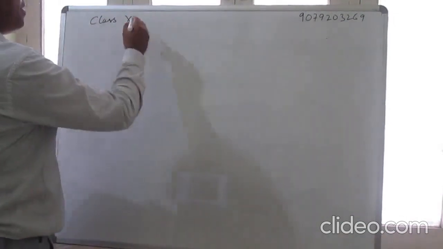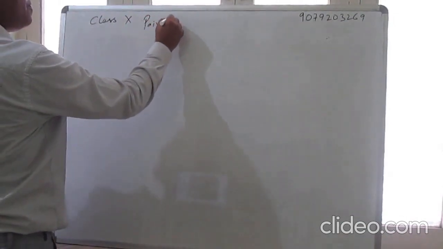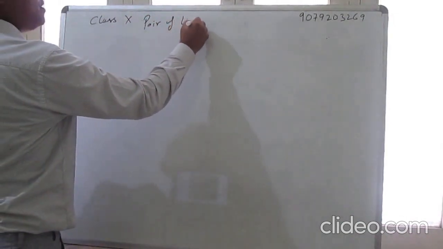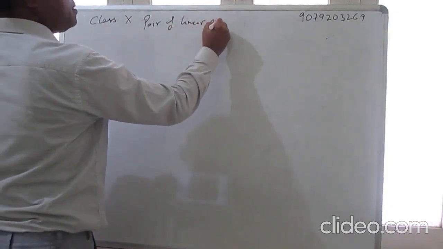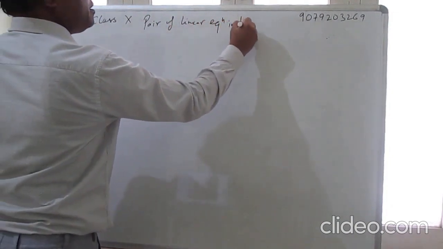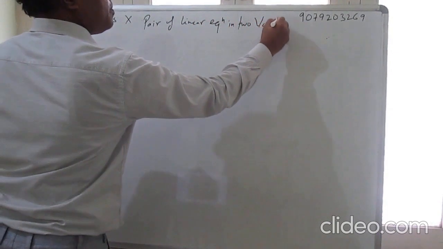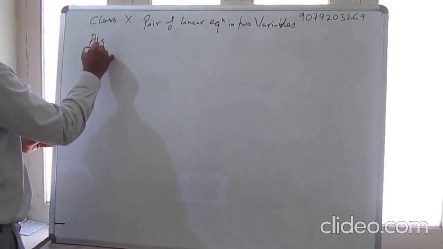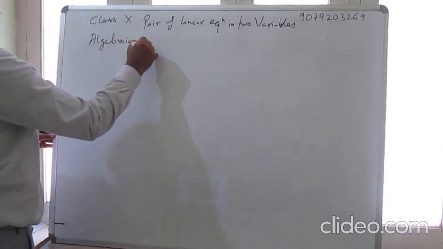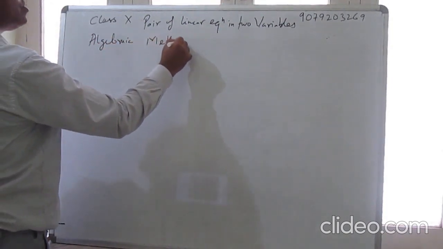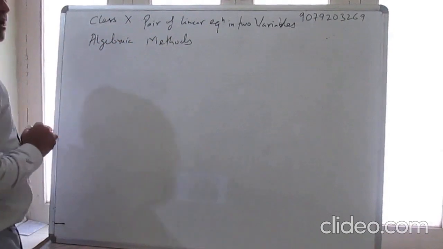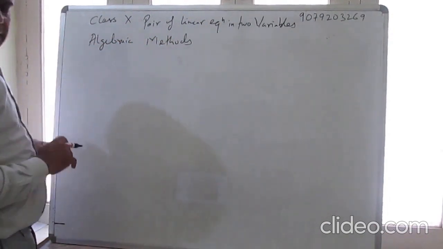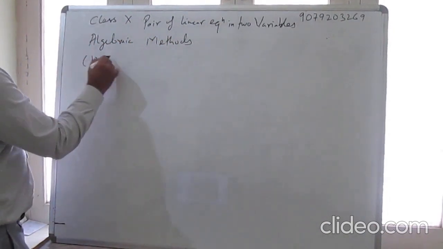Chapter 3, pair of linear equations in two variables. Today we will start algebraic methods of solution of pair of linear equations. In this, first we will start with